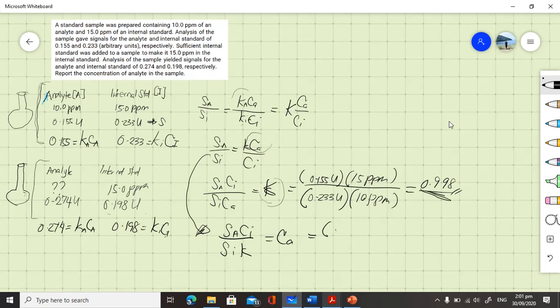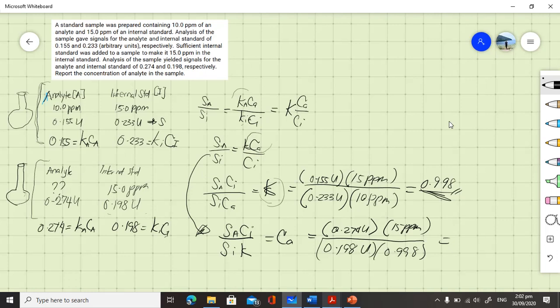So here SA is the reading of the analyte, which is 0.274 units, and then the concentration of your internal standard is 15 ppm, and then the reading of the internal standard is 0.198 units, and then the K value of 0.998, which is equal to